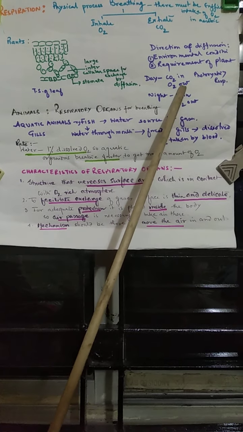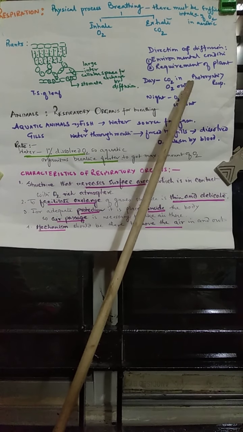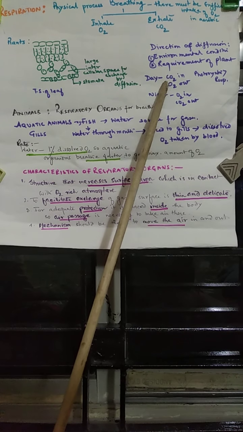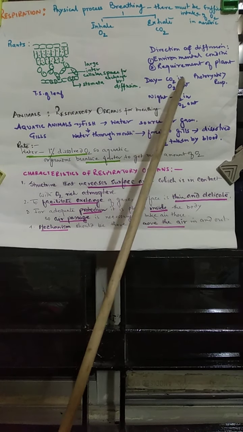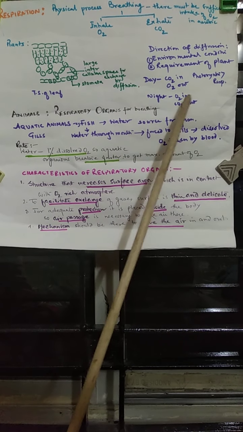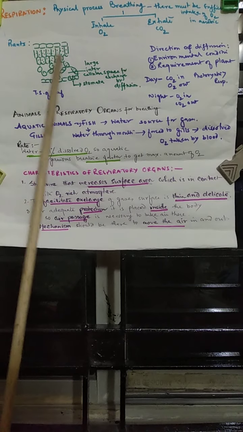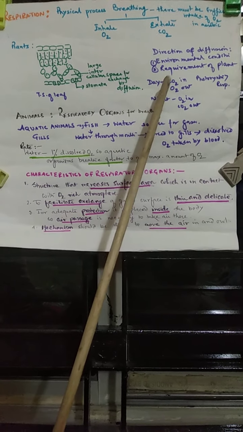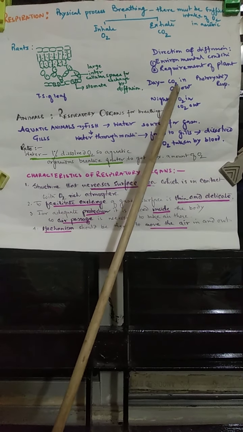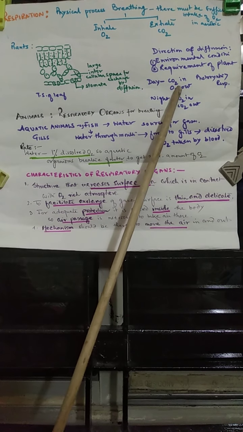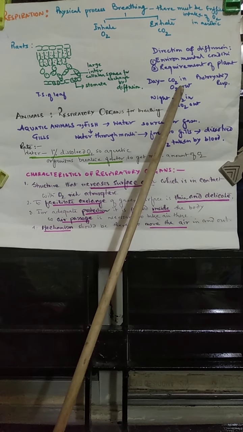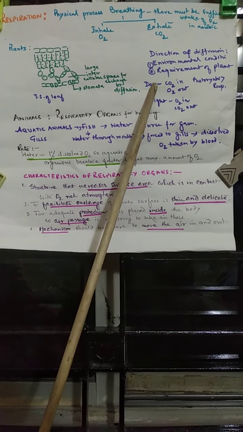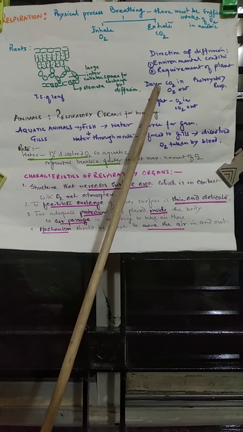And whatever carbon dioxide is released by respiration will be utilized by photosynthesis, but since the rate of photosynthesis is higher, it will require more carbon dioxide. So carbon dioxide will enter the plant. So during the day what happened? The rate of photosynthesis is high, so the oxygen released is much more than the rate of respiration, so oxygen will be released out. And the rate of respiration is comparatively low, so the carbon dioxide released is not sufficient for photosynthesis, so the plant will take in carbon dioxide.